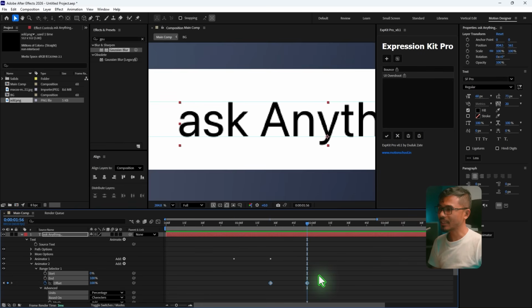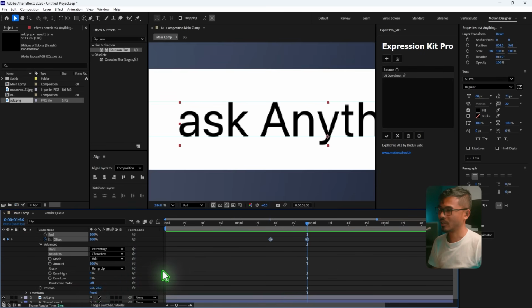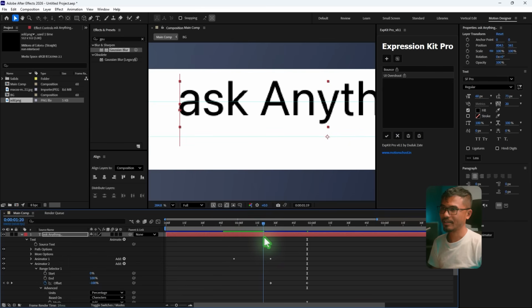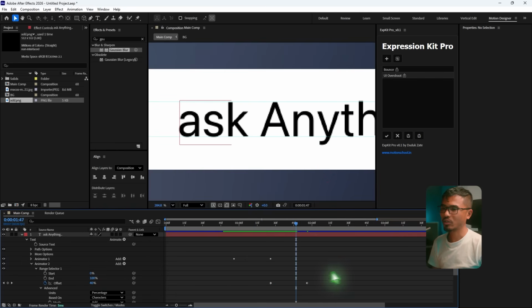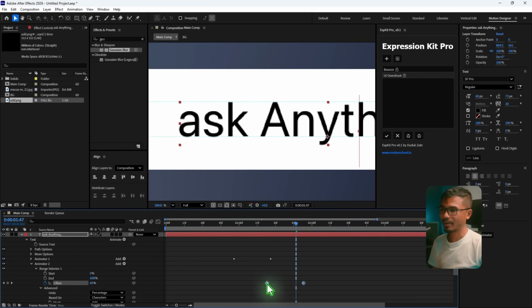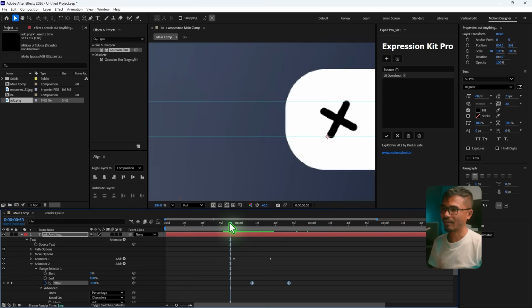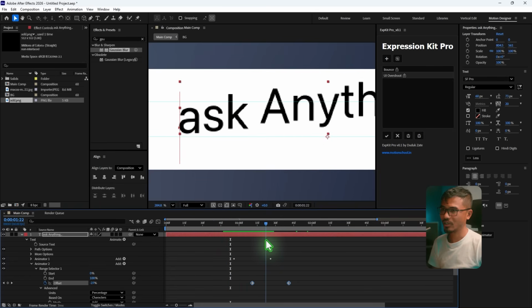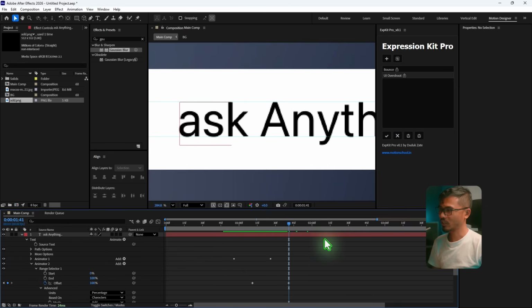And what I'm going to do now is I'm going to go here, ease high, I'm going to set this to 50 and ease low to 50 as well. So if I scrub through the timeline, it's not looking exactly like what we want. I'm going to select these 2 keyframes and bring them closer so that we have a very smooth animation. So you can see that,